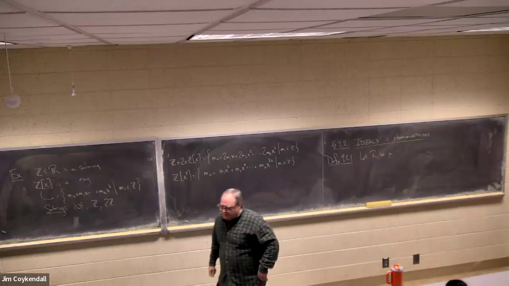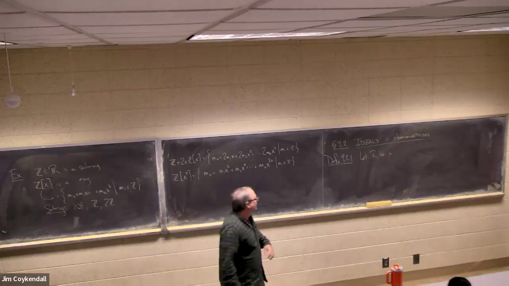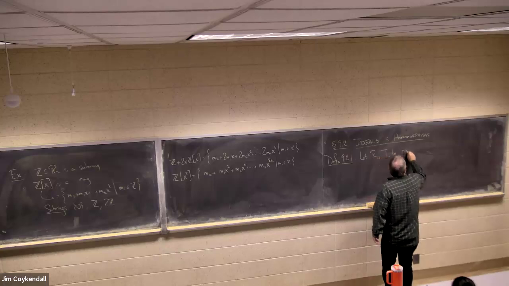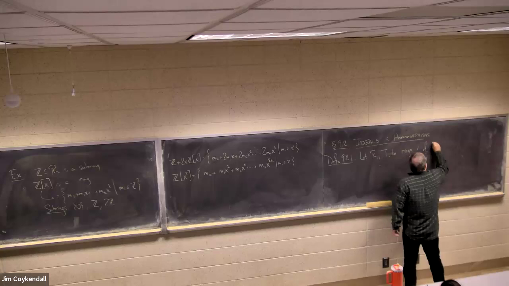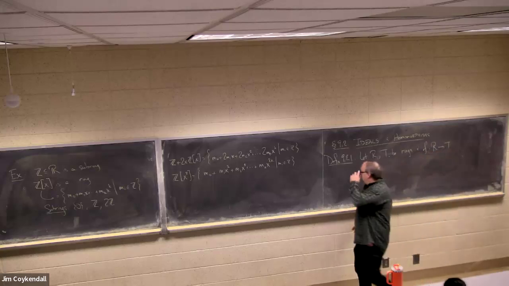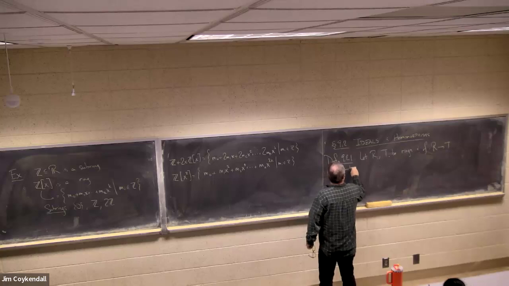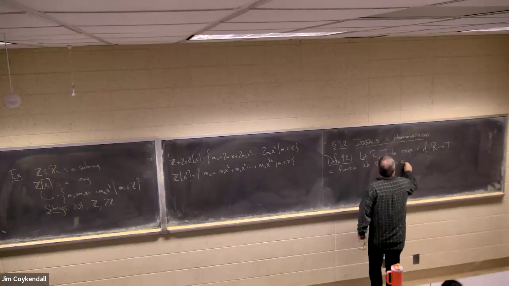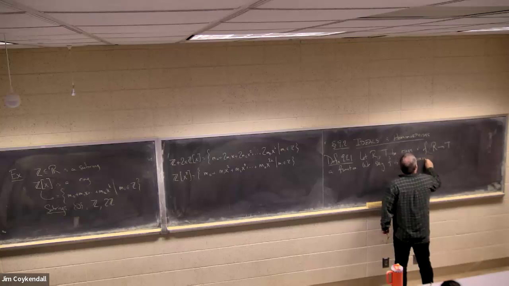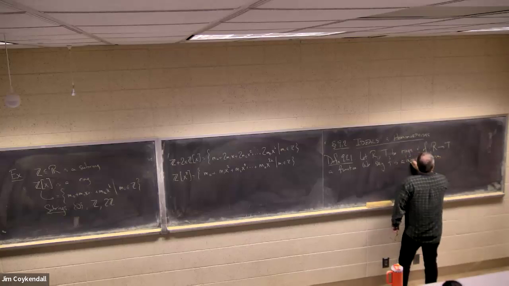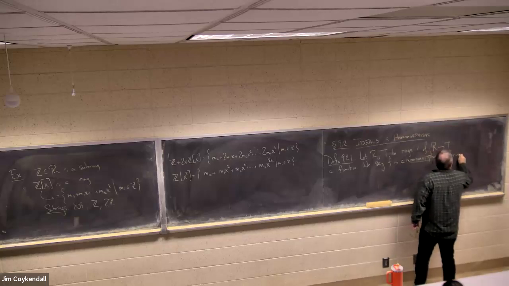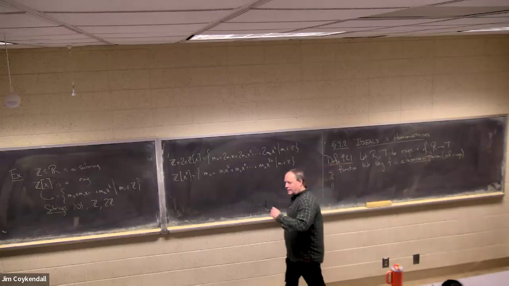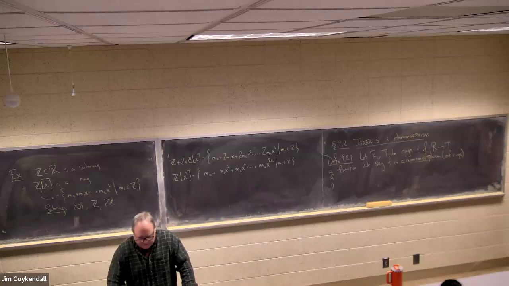Let R and T be rings, and let F be a function from R to T. We say F is a homomorphism of rings if